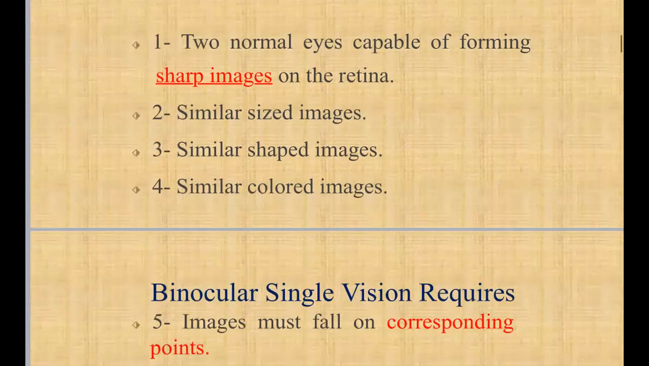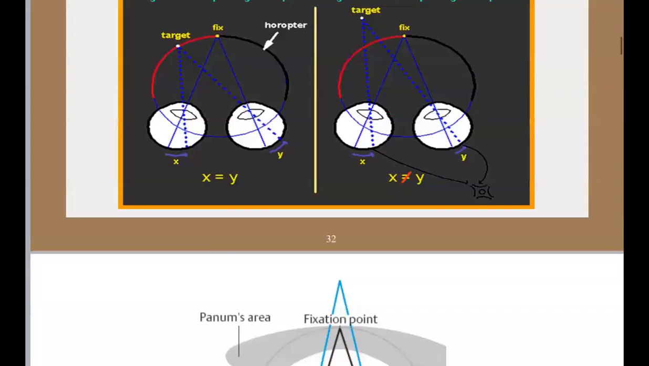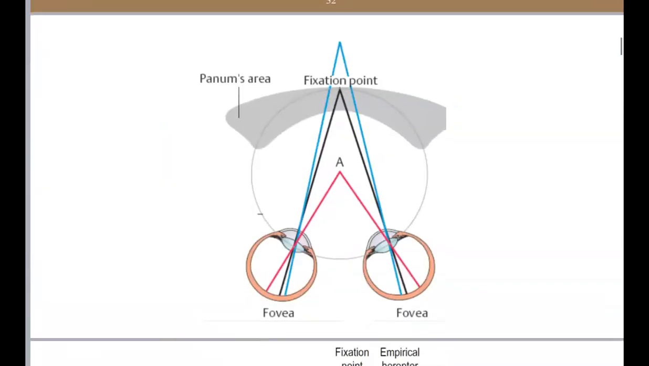Okay, the images must fall in corresponding points or paired points. I also have a normal pathway, normal motor pathway, and normal extraocular muscles. These are all requirements for having binocular single vision. And this is pure physiology about binocular single vision. This is not that important in the clinical sciences, but here I have the fixation point,